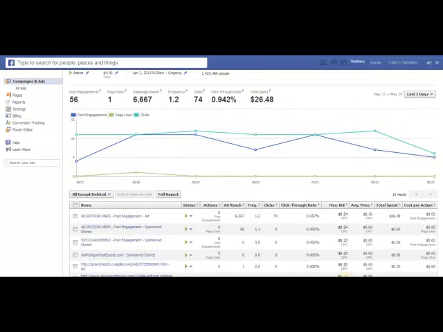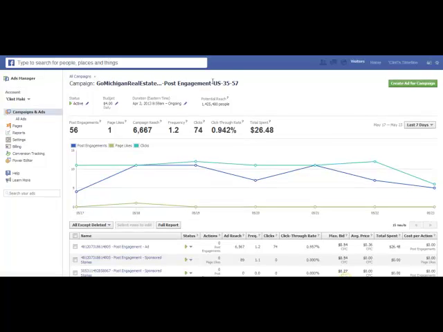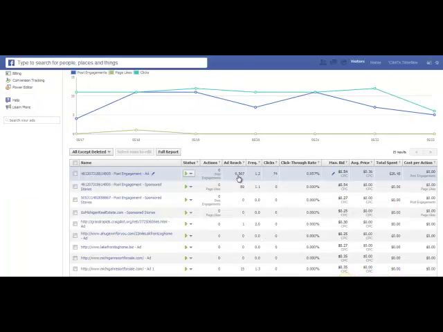I've got it set up so that it accomplishes several different tasks. One is that it promotes automatically the last post that's on my page. It puts it in front of the people who have liked that page, and it puts it in front of anybody who has a certain like or dislike. Another one, I can actually promote a specific